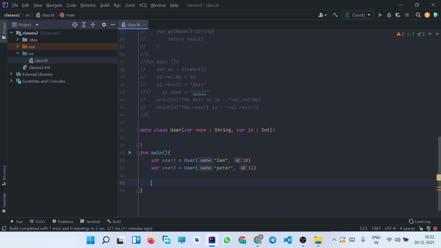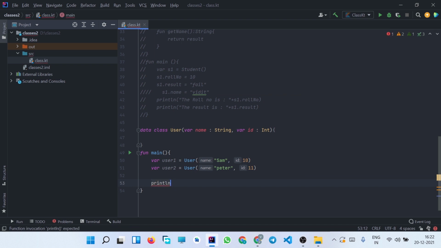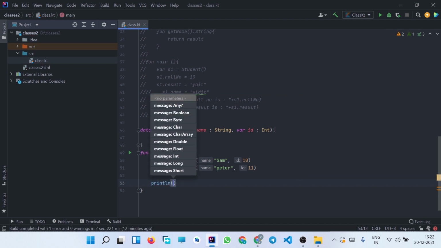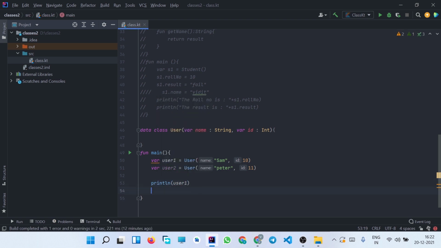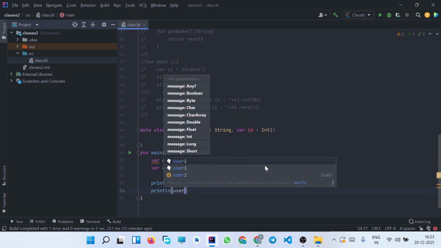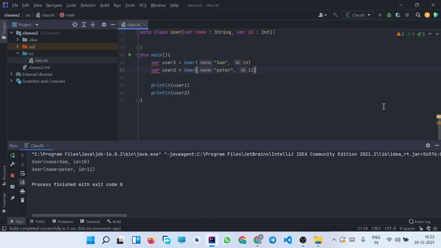So now let us try to directly print the attributes using the name of the object that we have created. Let's say println user1, println user2. So let us run the code and see what the output is.